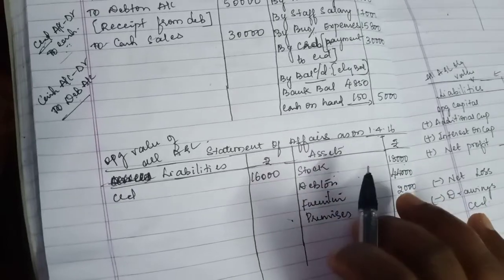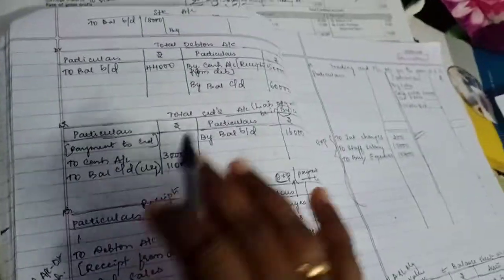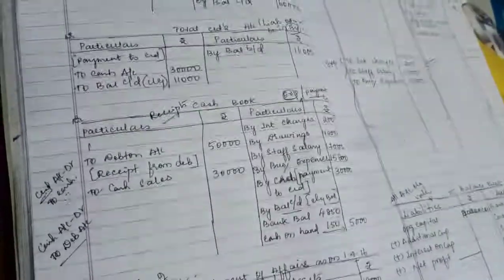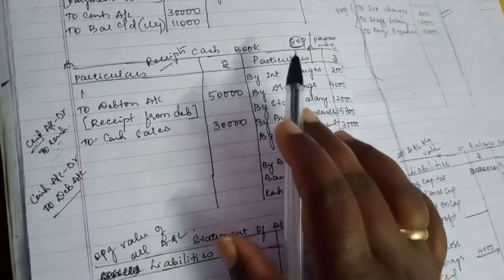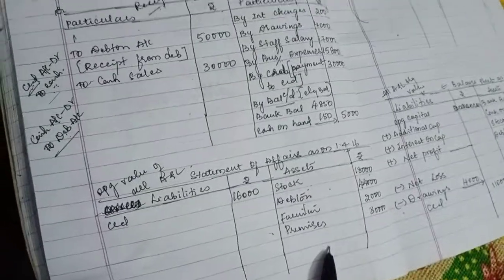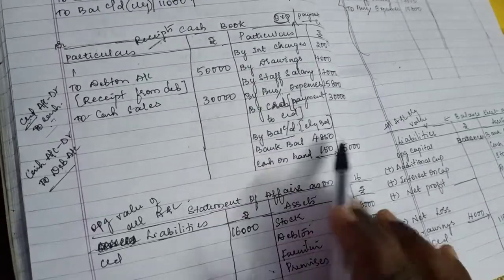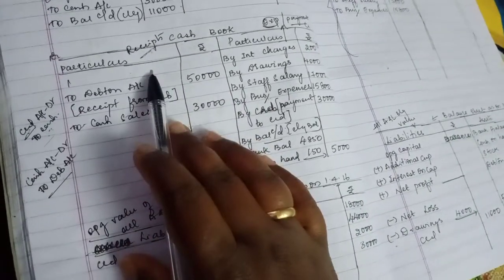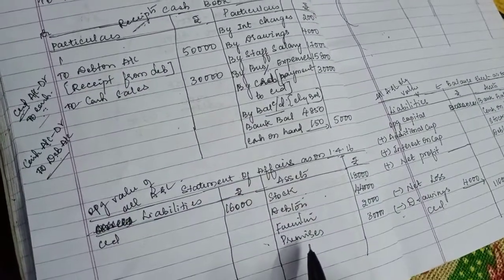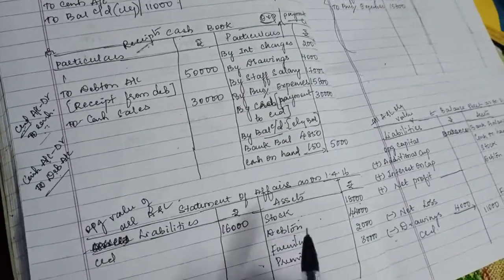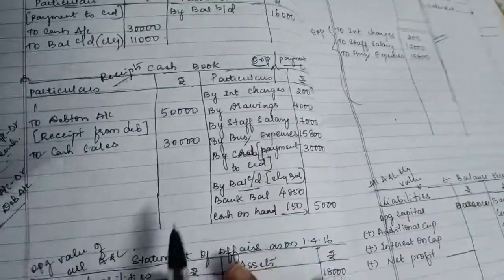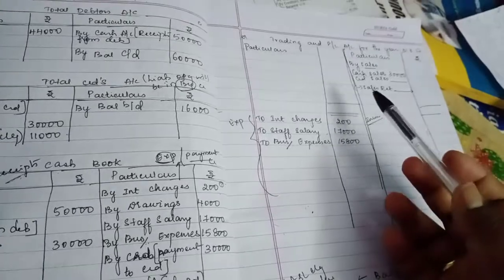To close the statement of affairs, just check all the opening value is taken it here or not. Like debtors opening value is already taken, creditors opening value is taken. Okay, cash we haven't taken the opening value. We don't know which side we are going to get the differences. In case if you get difference in the two side, that becomes the opening value of the cash account. Okay, so first, before closing statement of affairs, check if your cash book is having the opening value.